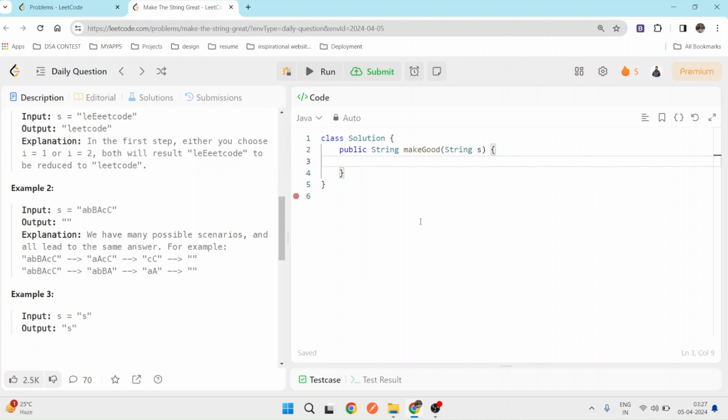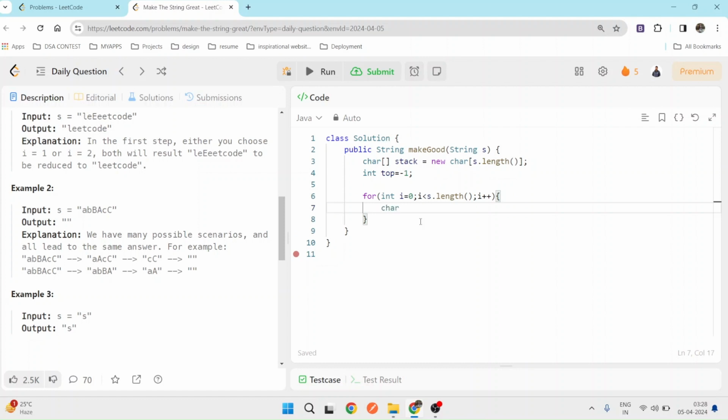We can use the Java collection stack, but we will make our own stack. So we'll create a character type array, and name it stack. Its size will be the maximum size, equal to the string length. We will initialize top equal to -1. Then we iterate a loop from index 0 to the length of the string.